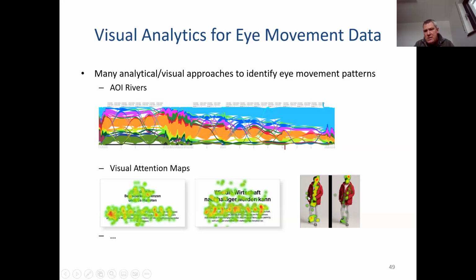Or if you look at the person here, you see that there are two different kinds of visual patterns. The one on the left-hand side looks a little bit different than the one on the right-hand side. But again, a single visualization technique will not help you to analyze your eye movement data. There are too many data properties included. That means you need a combination of interactive visualization techniques and algorithms to understand the recorded eye movement data. And that makes visual analytics so powerful for eye movement data. So it's the combination of all of these concepts from this